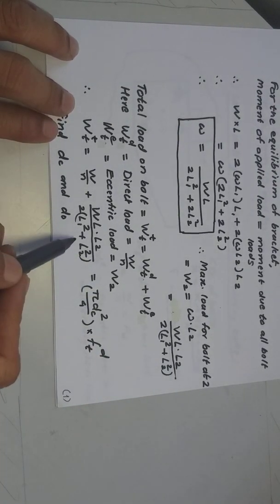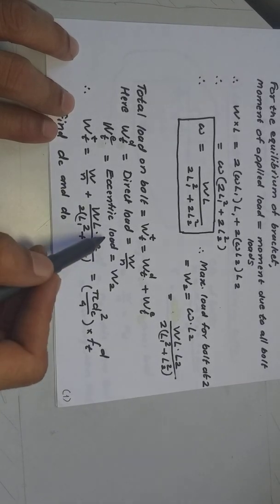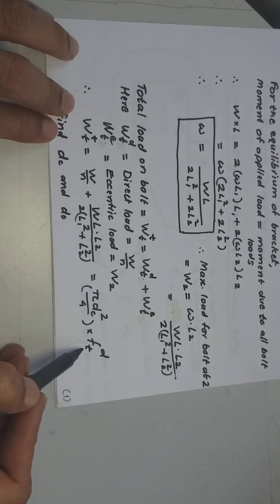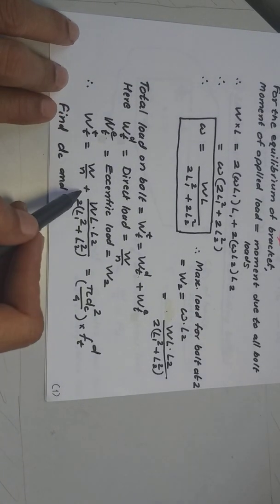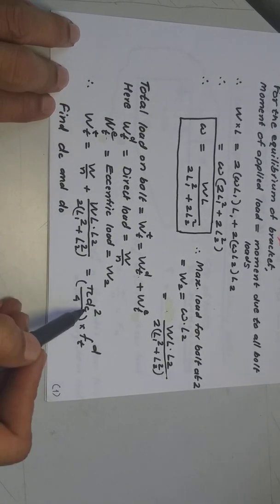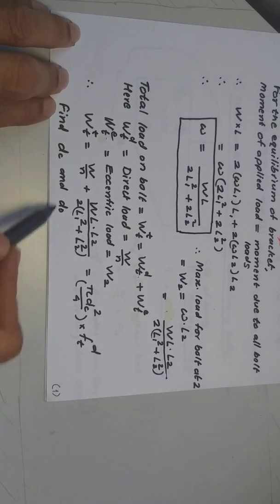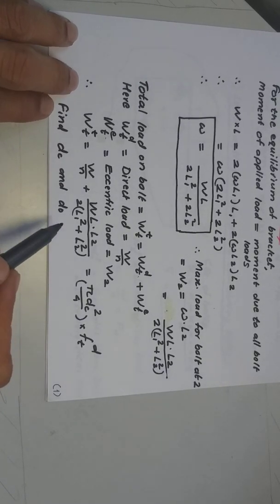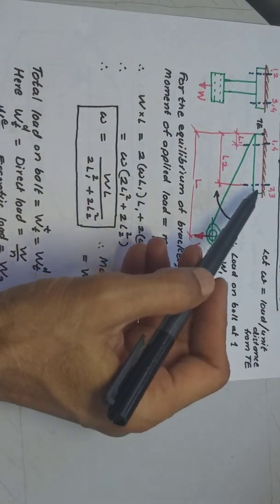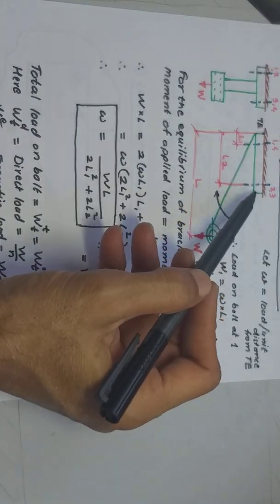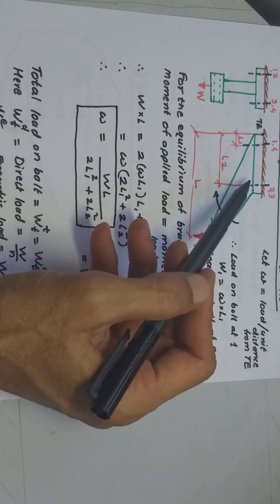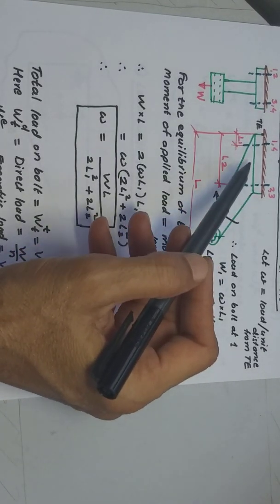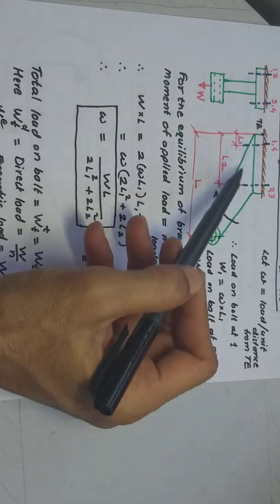So this is the total load, and this total load we are going to equate with the stress equation, which is tensile stress into the core area is going to be the total load. This will give you the diameter DC, that is the core diameter of the bolt, and accordingly the outside diameter of the bolt. So we have designed the bolt at 2, and all the other bolts also will be of the same size, because we are making use of standardization. We are not using different bolts here and here. We are using the worst size of the bolt at all the places.